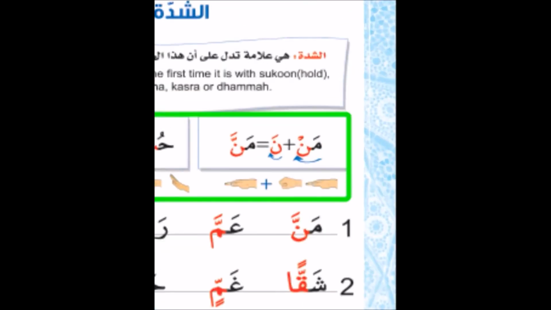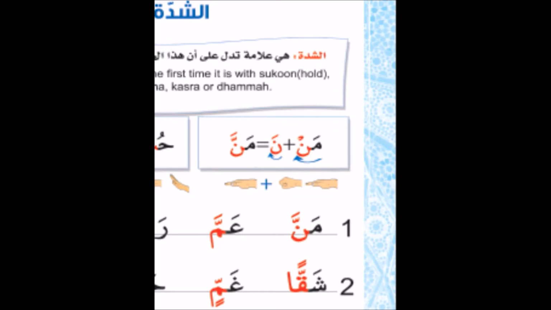The student, ignoring this final word, is fully capable of reading man and nun fatha na. The only thing we ask from the student is to connect these 2 as shown by the hand motion. For example, when the student comes to read this, mim fatha, or without even spelling it, the student will say man with the forward motion, ma, and making a fist and holding it with the noon sakina, so man, and my fist is held. And as we say the na, the fist opens back into forward motion with a